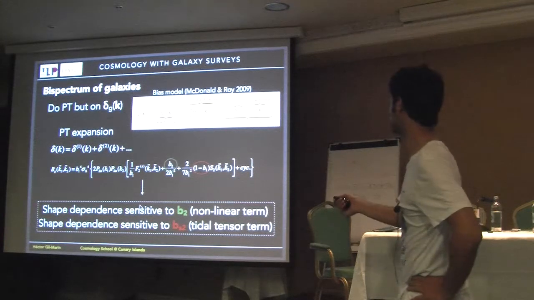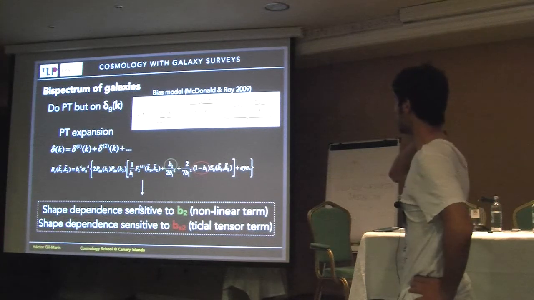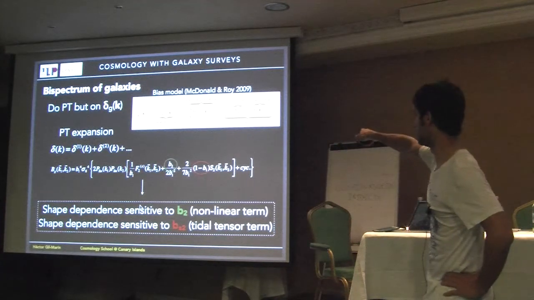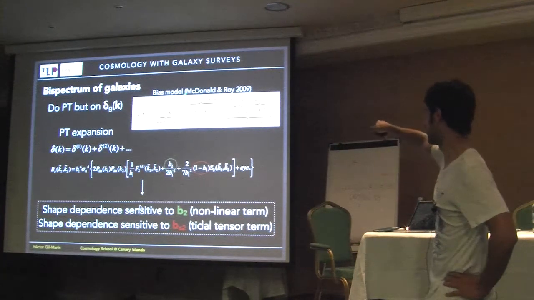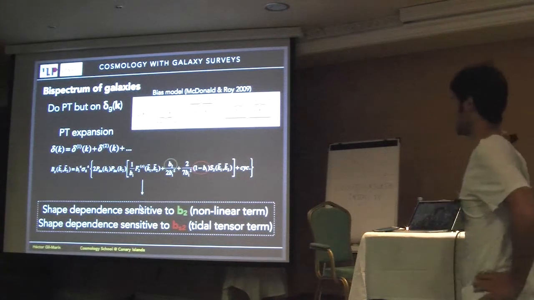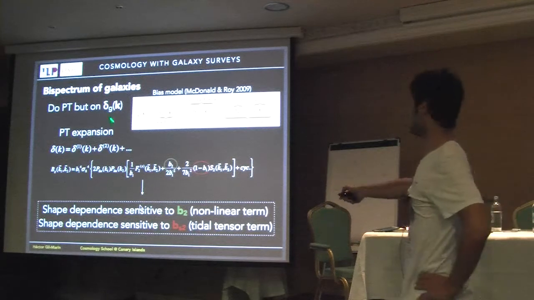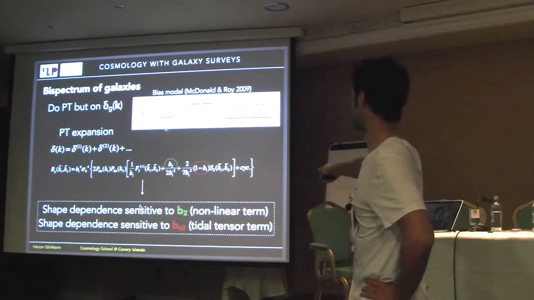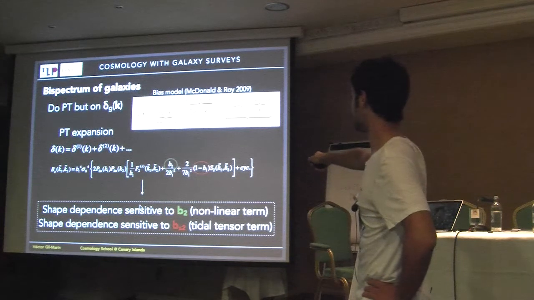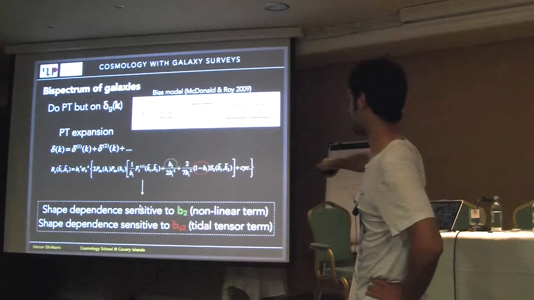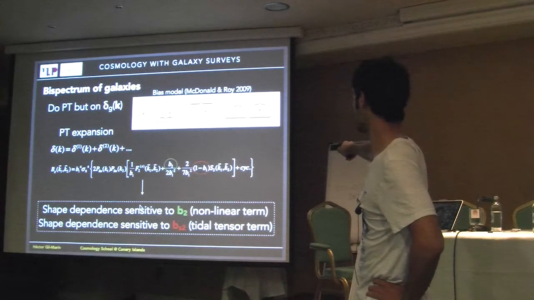For instance, this one that has been described in the talks before, where it has a starting linear bias correction, then plus a non-linear bias, and plus something else, which is called the non-local linear bias. And then you can do perturbation theory in the same way you did before. So for these non-linear delta fields, you just plug in your expansion perturbation theory in each of these ones,